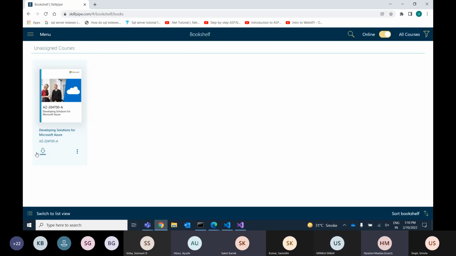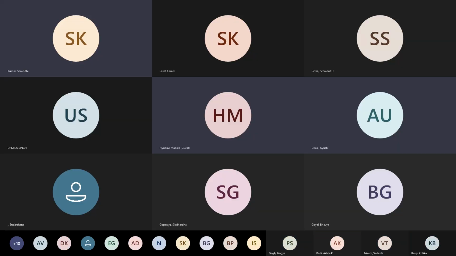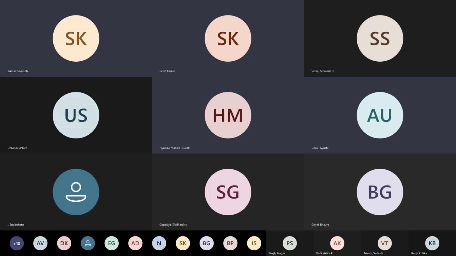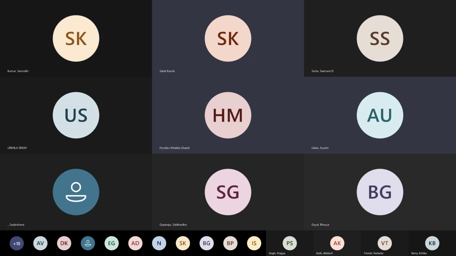Download the book and close the browser. Next. So after downloading the book, I'm only able to see the front page. Did you open that? Yeah, I opened it. I think we can only see it on the browser, right? It is not downloaded on the local machine. Is it like that? Maybe some special PDF reader might be needed.